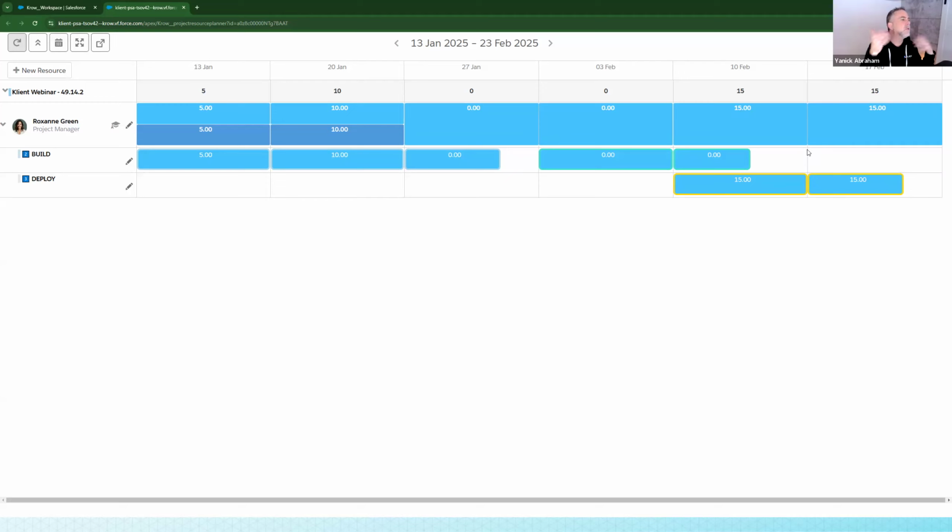What do you want to do with the 105, or the number I've said before, 115 hours? Do you want to schedule it at the end? Do you want to apply another scheduling pattern? Do you want to just clear it and leave it so I can manually schedule it? Those options are going to come in a future release, but at least now you can align